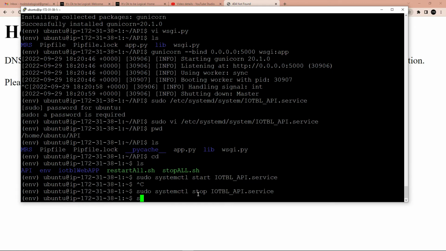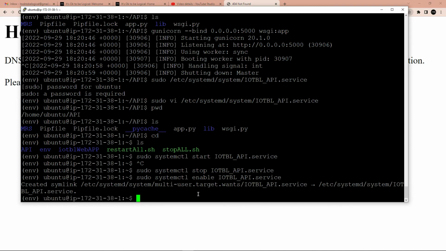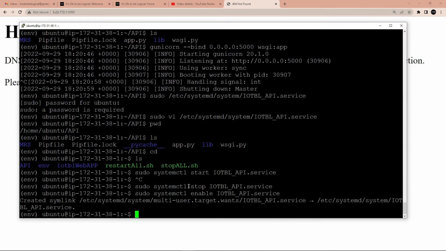and we're going to say sudo systemctl enable socket to be logical API service. What we are saying is we're enabling this service so that whenever we restart our machine, our service is automatically restarted. What we have done so far is we are able to host our Flask API on a server like